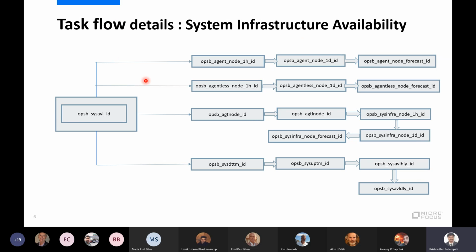So I have orchestrated all these tasks into one task flow, so that once the data comes to hourly, it should go to daily and then forecast. So this is how I have given this information in a task flow. First, what are all the things that run. So first all these four can run parallelly, and once any of these tasks completes, the next task will start, and then the next task will start. This is the flow I have mentioned in a task flow, and based on this task flow run, the data will move into these tables respectively.